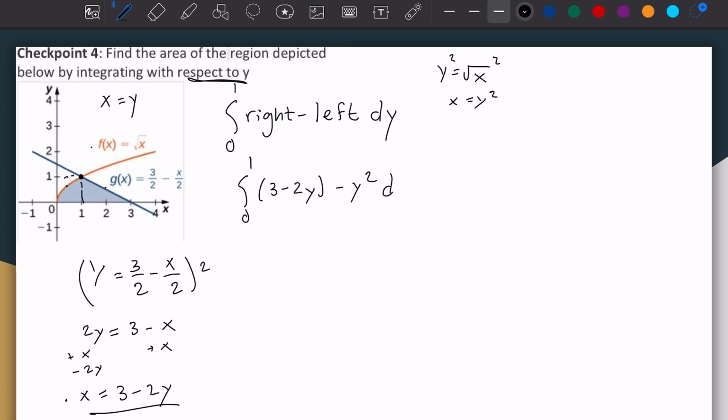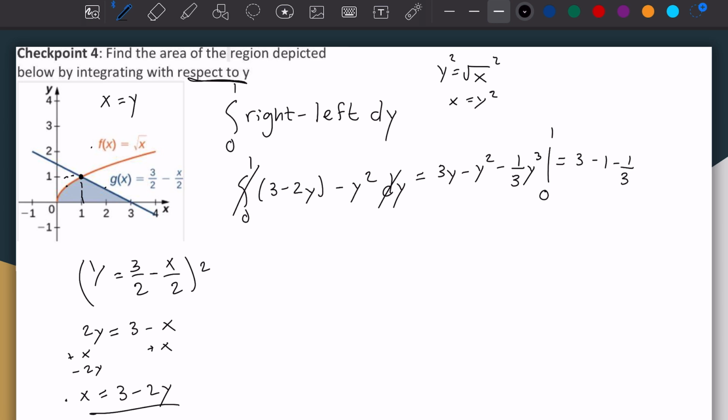dy is then just going to be, without the parentheses, go ahead and take the antiderivative: 3y minus y squared minus 1/3 y to the third, 0 to 1. We like these numbers right here, 0 and 1 make it a lot easier. So it would just be 3 minus 1 minus 1/3,